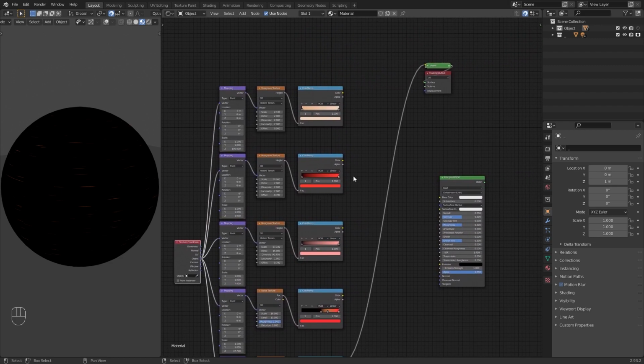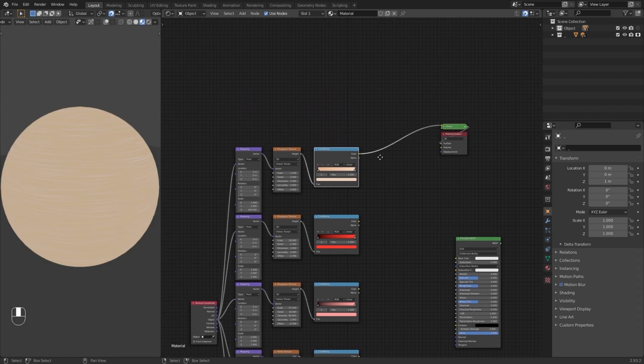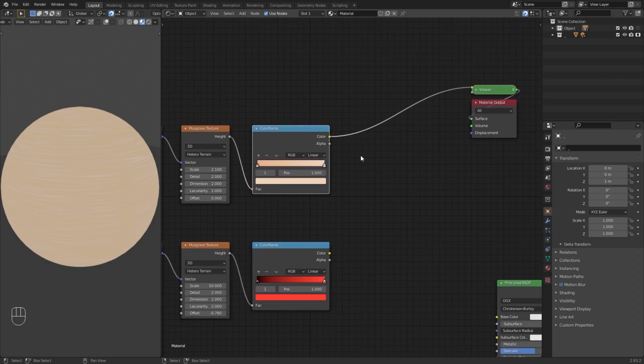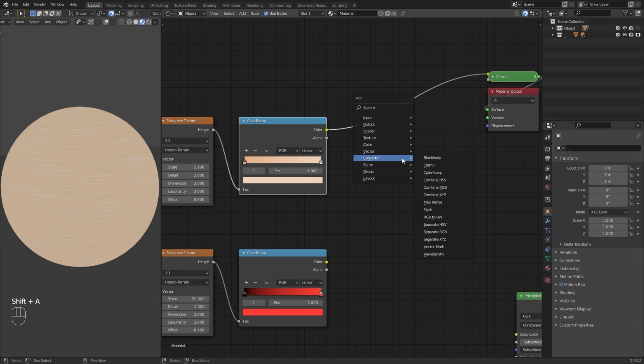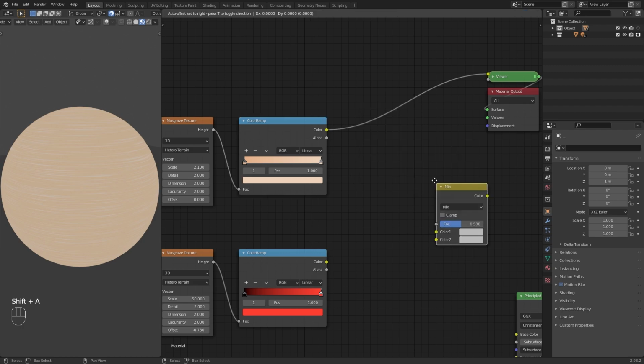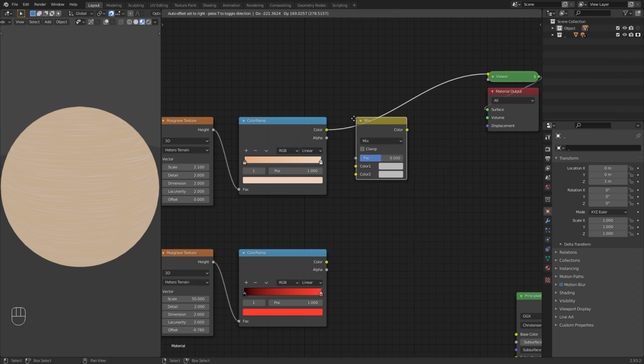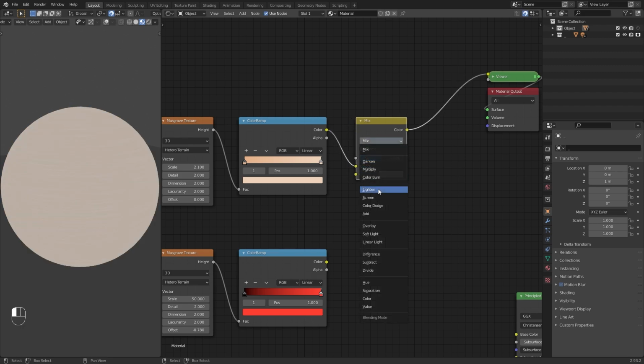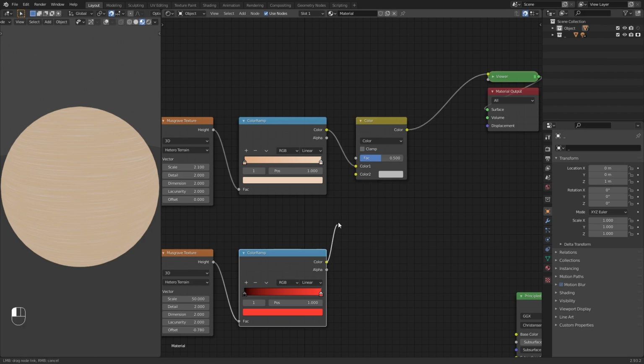After arranging the nodes, let us now add the mix RGB nodes required to blend these textures. Drop this to the first texture output and change the blending mode to color. Now connect the second texture out to this and give a value of 0.417 for the mix RGB node.